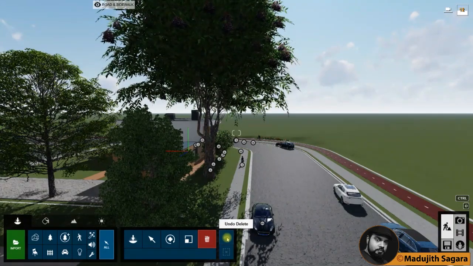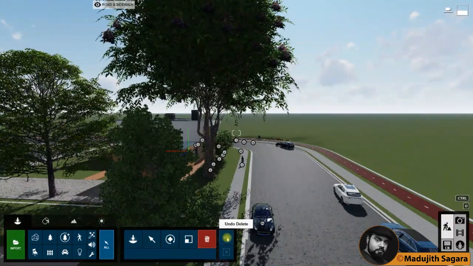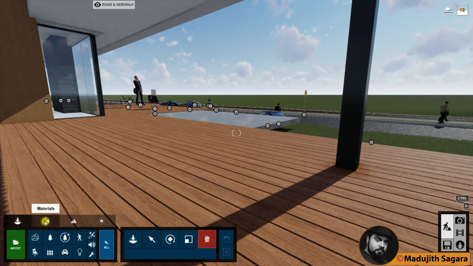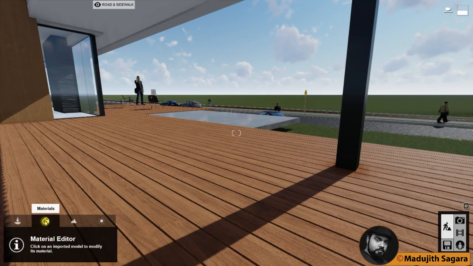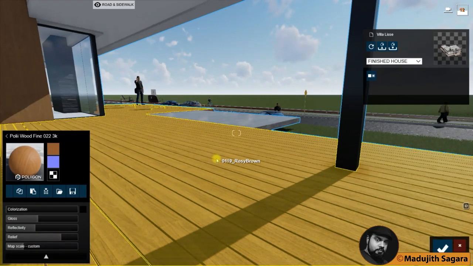Then we have to go to the material edition. So we will go to the material edition now. Think that here you can see a deck of a building or house. Think that you need to alter the materials of this deck. How to do that? You have to go to the material editing tab. Click on it. Then it will direct you to the material editor. Then you have to select the material which you need to change. Click on it. Then it will direct you to the material editing dialog box.